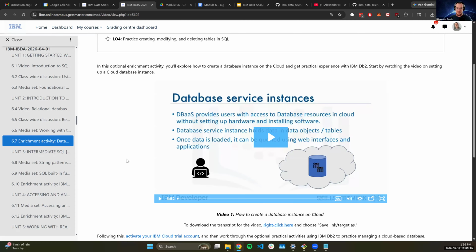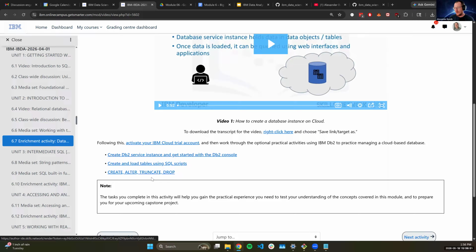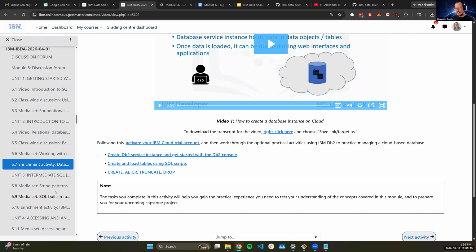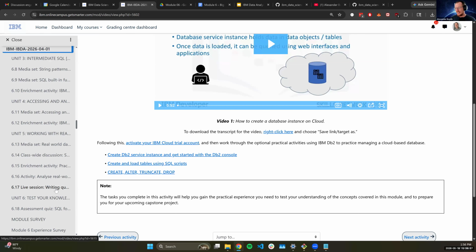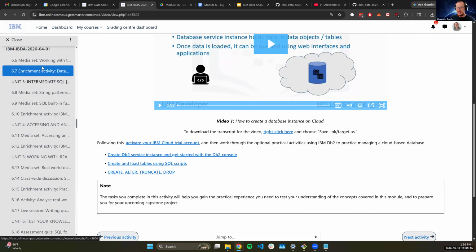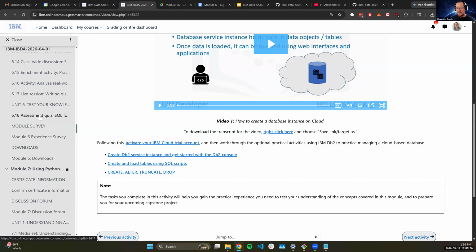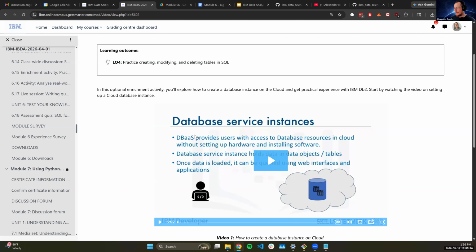So definitely feel free to play around with the IBM Cloud trial account if you want. And especially that'll be in week 6, I think maybe in week 8 as well. But otherwise, don't feel like you have to do the enrichment activities. They're not required. Again, the only thing that is required is the end of unit quiz. So just remember that for your own knowledge too.